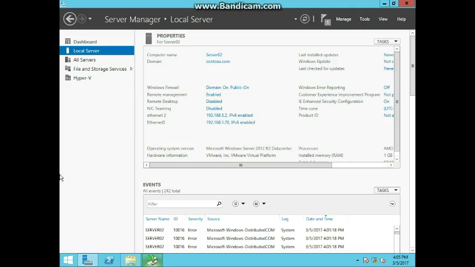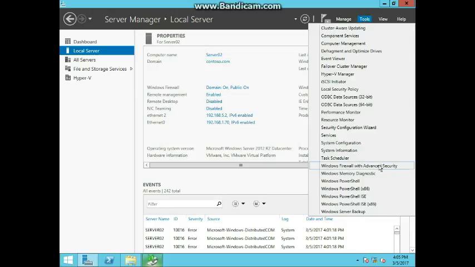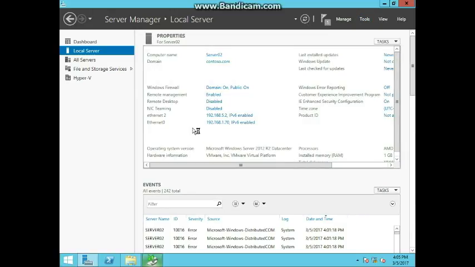Let's go ahead and begin with exercise 9.2, restoring the system state of the system. So we're inside of our Server 2, and we're going into our tools, Windows Server Backup. From here,